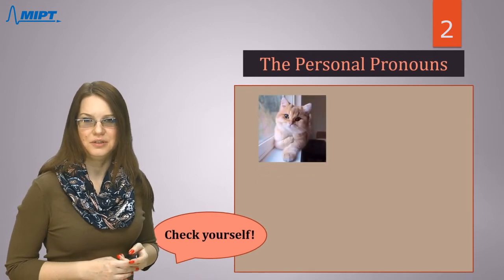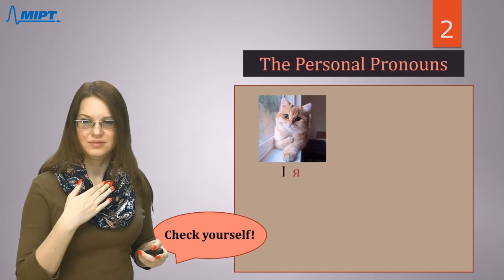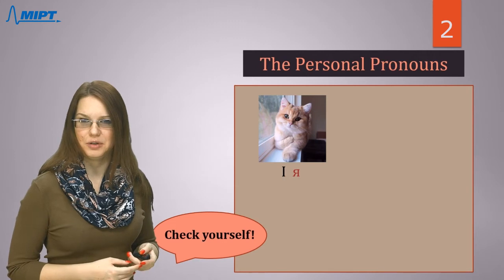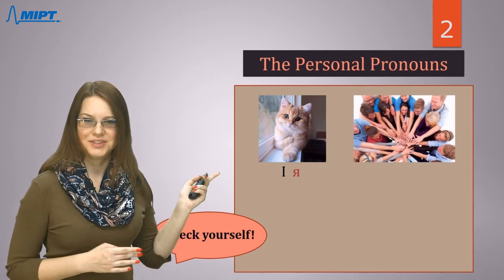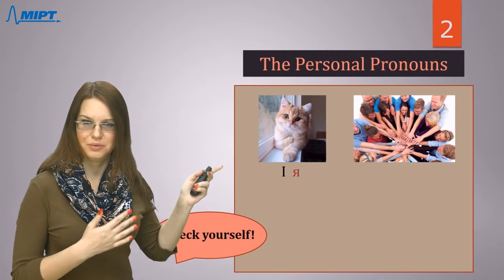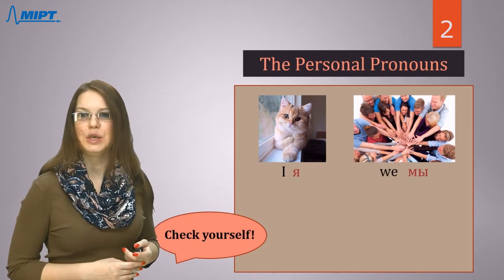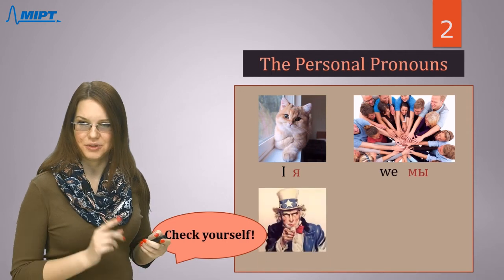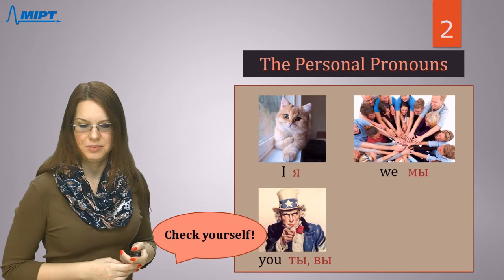Let's check yourself. What can we say? Я. If you're talking about yourself. Я. So try to guess which personal pronoun we should use if we want to describe this picture. Of course, we are going to say we. Мы. So imagine this person says you. It means ты